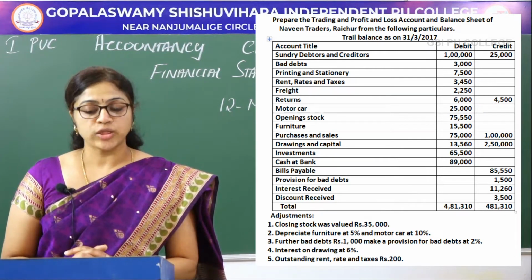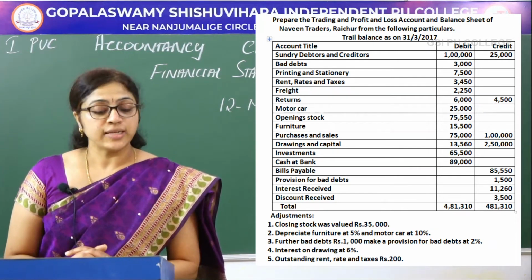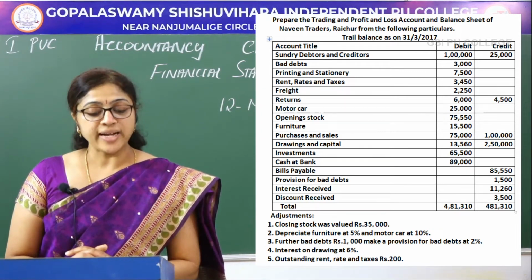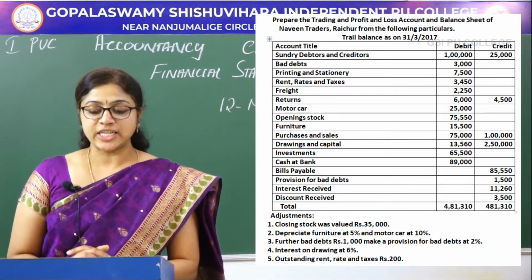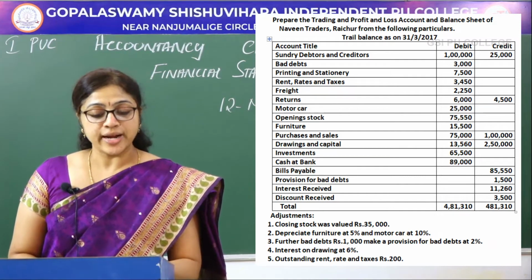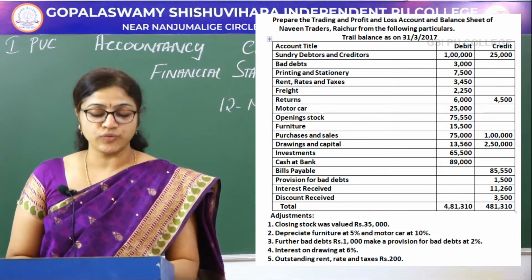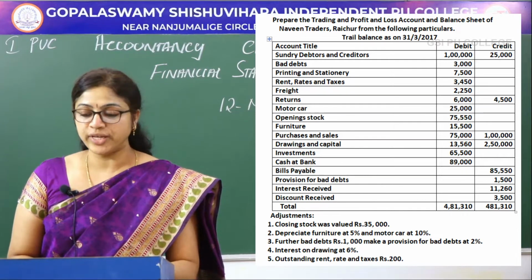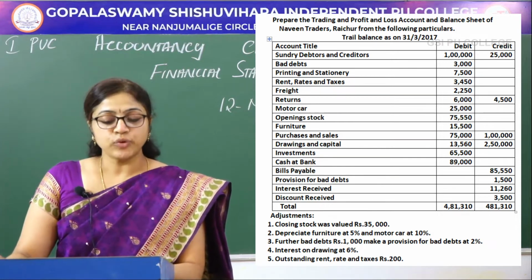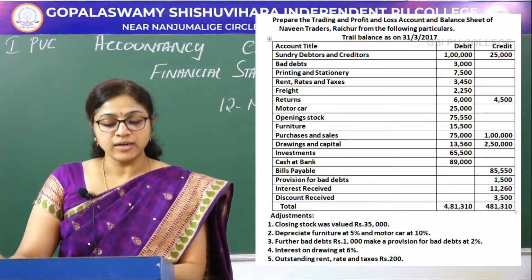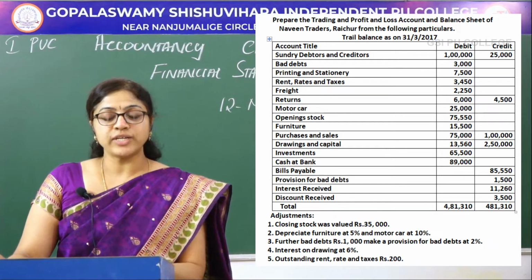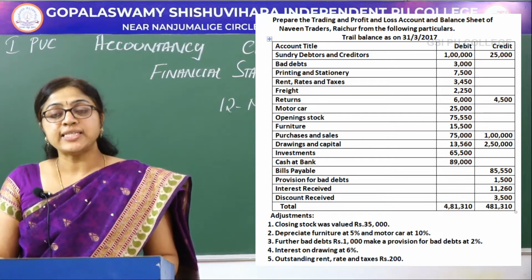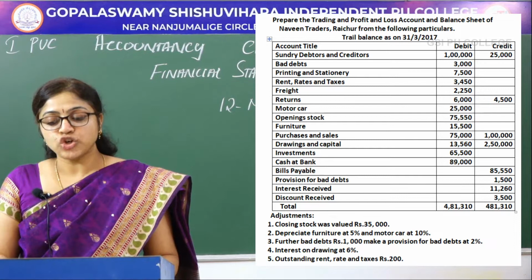Trial balance as on 31st 2017: sundry debtors and creditors 1,25,000, bad debts 3,000, printing and stationery 7,500, rent rates and taxes 3,450, freight charges 2,250, returns 6,000 and 4,500, motor car 25,000, opening stock 75,000, furniture 15,500, purchases and sales 75,000 and 1 lakh, drawings and capital